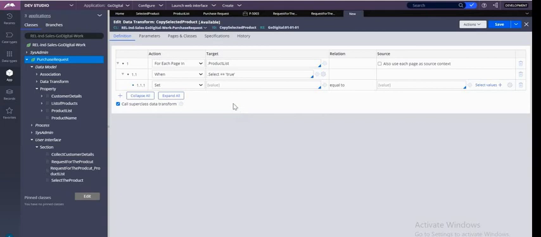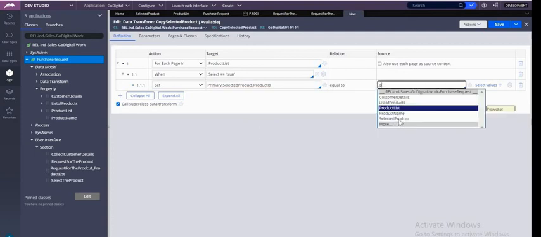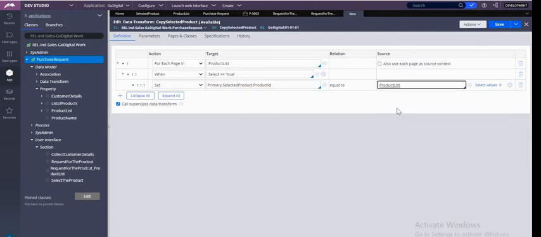You have to take the values from where, in which values you have to copy. You have to copy it in the single page record. So write that single page record dot product list. No. It is dot selected product. Dot selected product. I think it will throw an error because you are inside it. Right? Primary dot selected product dot product ID is equal to dot product ID. Product list. Yeah, you have to write from product list, right?